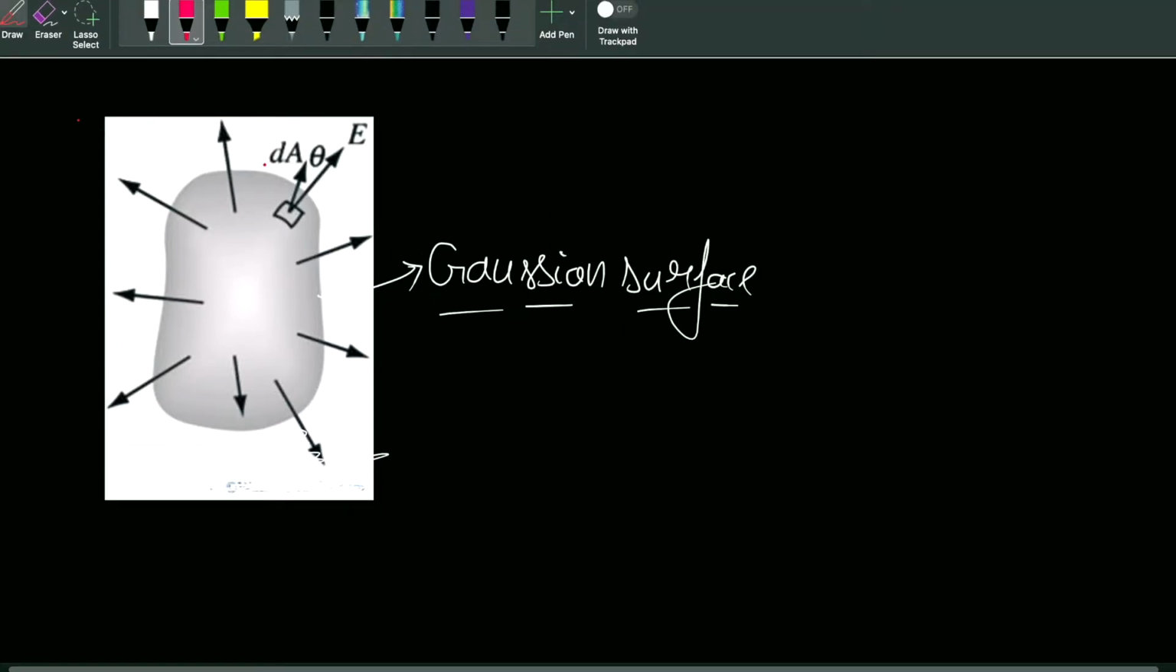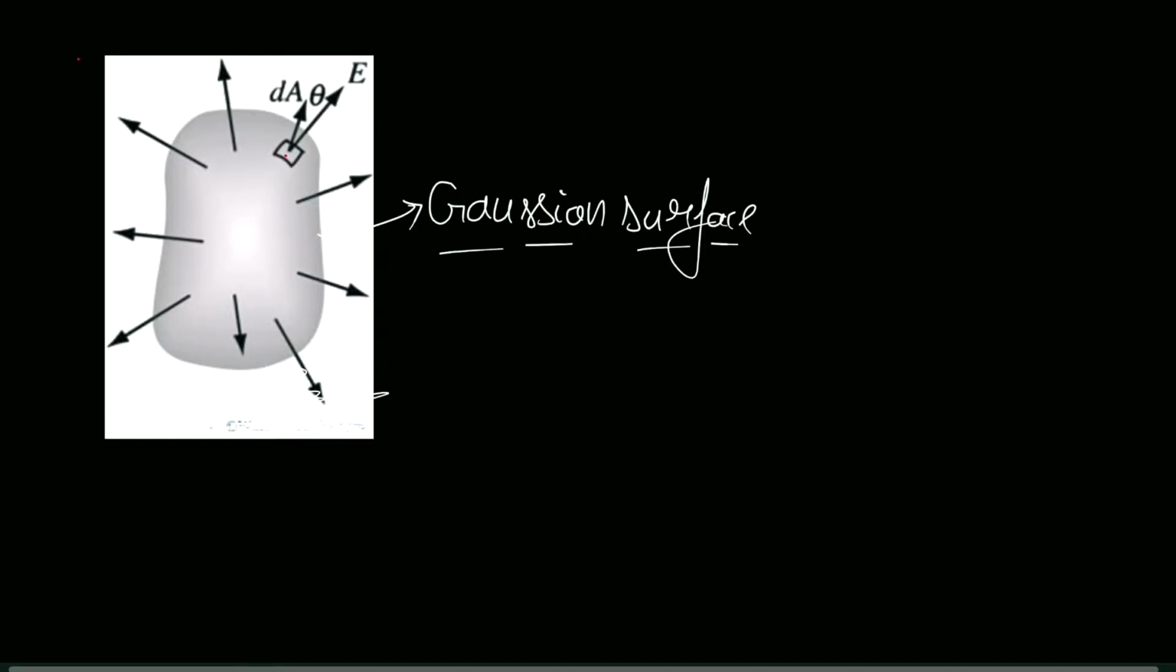Let me change the color. This is the dA direction, the area element that we have taken, and the direction of the area element is perpendicular to the surface, and this is the E vector, and the angle between the dA vector and E is represented by